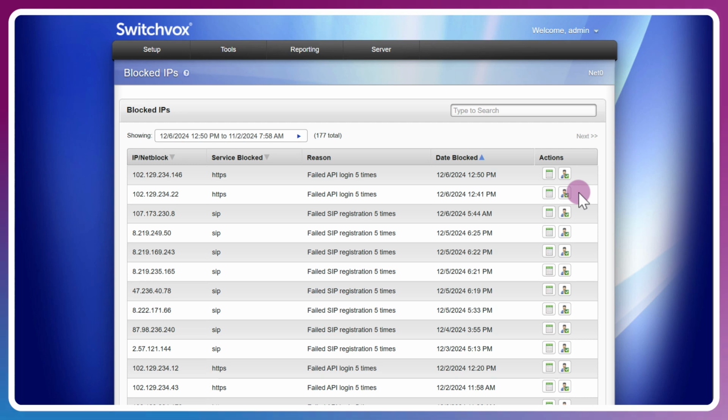Keep that in mind when a user says, I can't log in, or my phone's not working, my phone's not registering. You may want to come into here and check that out. Ask them what their external IP address is, or internal IP if you've got blocking on the local network under access control. Next up, we'll look at web proxy and SSL certificates.